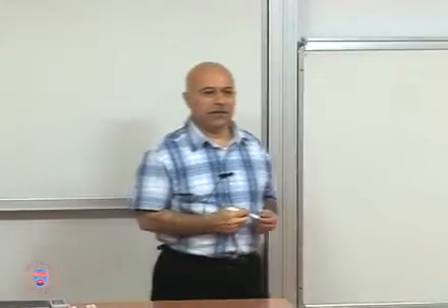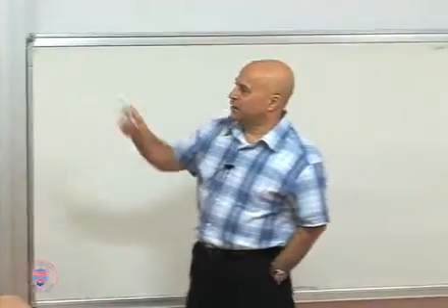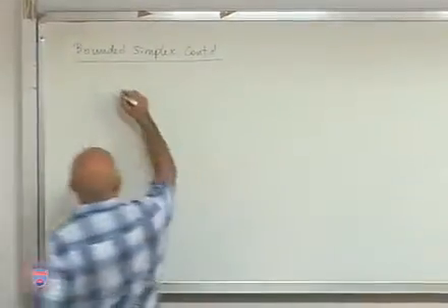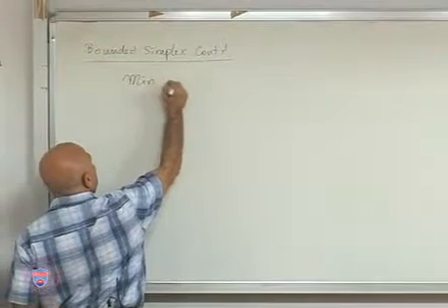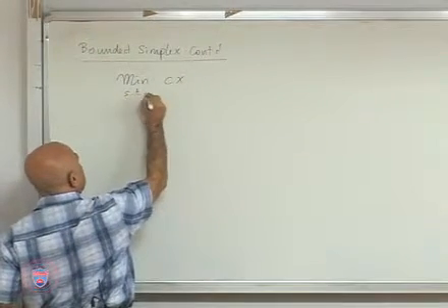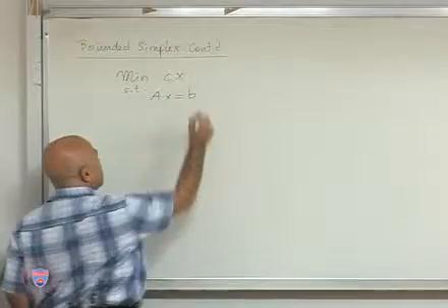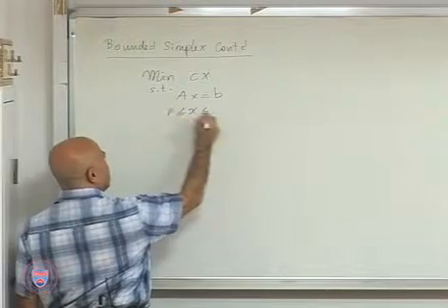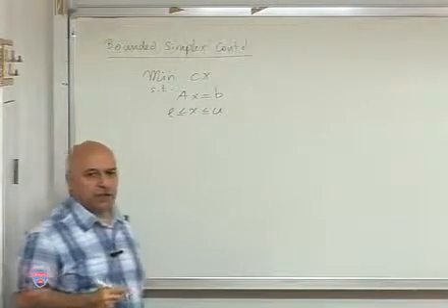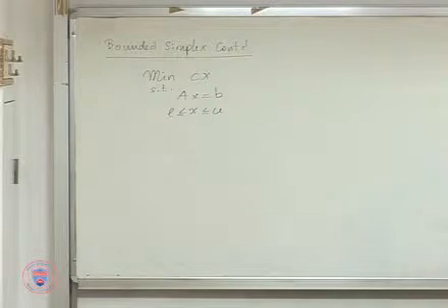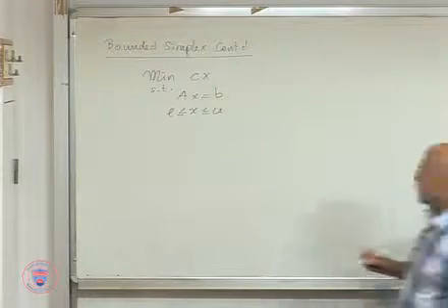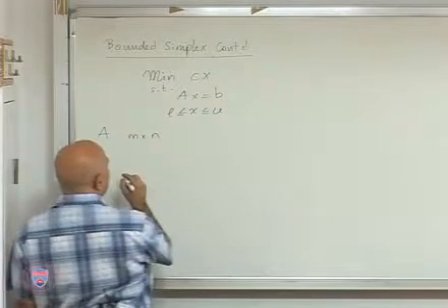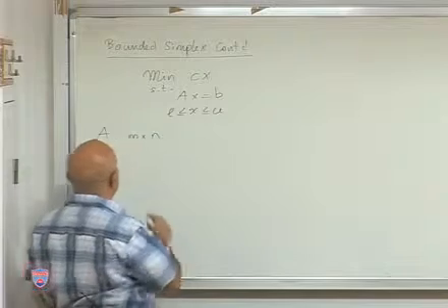Well, some of you were here last time, some of you weren't, but this is what we are dealing with today, as well as the last lecture. We're minimizing Cx subject to standard form constraints Ax equals b, except that x is bounded below and above by two vectors, L and U. And I'm assuming A is m by n, and rank is